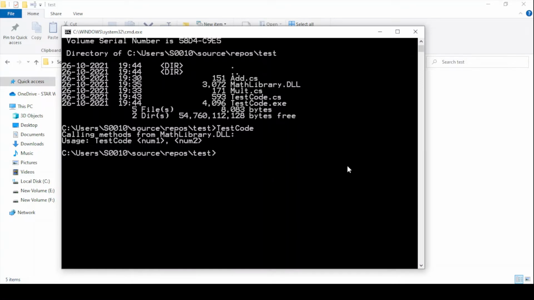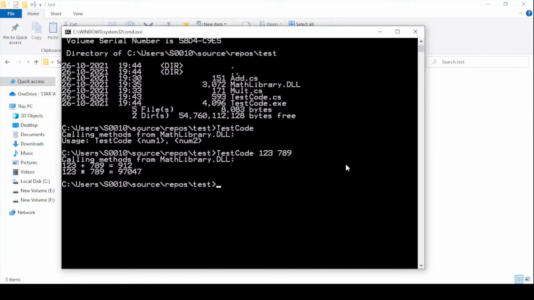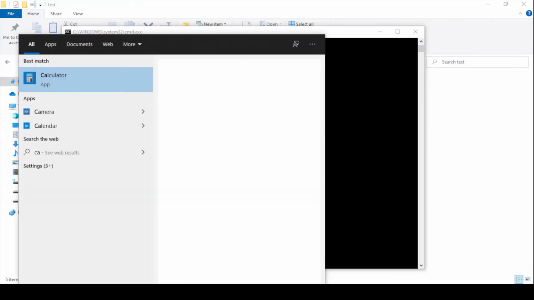So let's put 123, and the second would be 789. What happens? Let us see. Now you can see that if we add 123 with this, it would be 912, and if we multiply these two numbers,